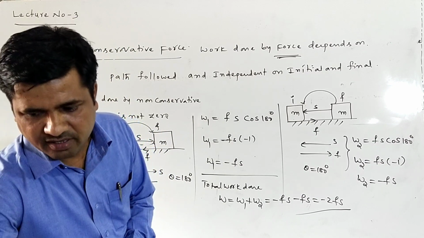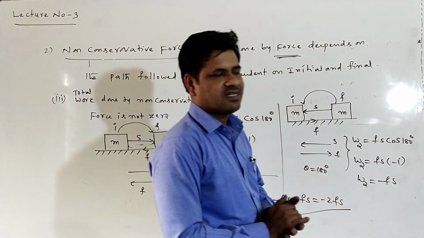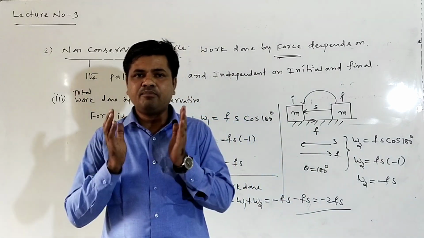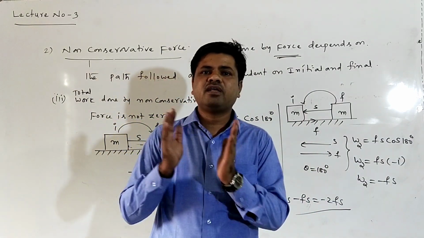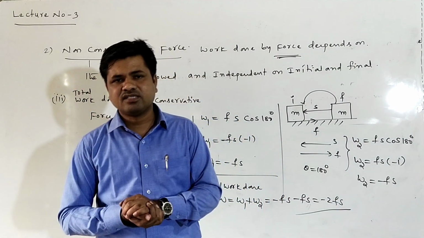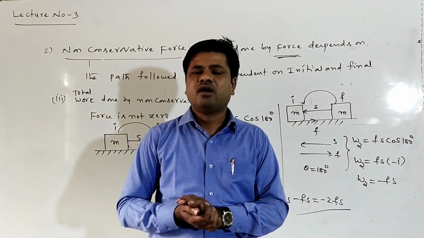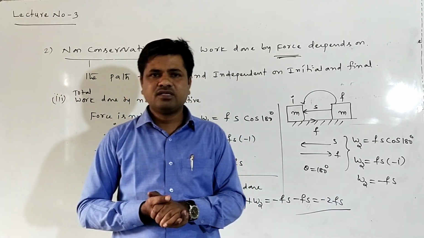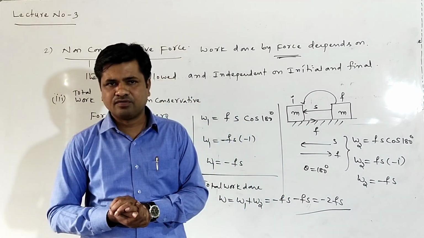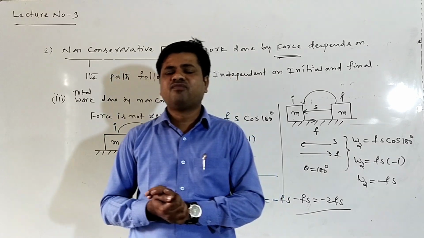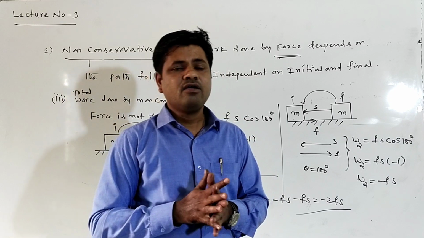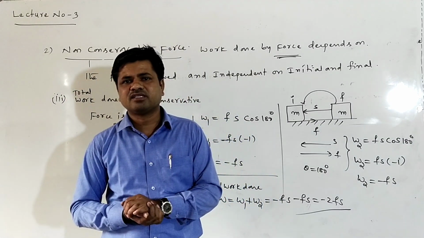Right. Once again, let us go through conservative and non-conservative forces. A conservative force means the work done by the force does not depend on the path followed; it depends only on the initial and final positions. That is called a conservative force. Examples of conservative force are gravitational force, electrostatic force, and spring force. In a conservative force, the work done by the force is stored in the form of potential energy. Which energy is it stored in? Potential energy, because work is done by the conservative force.